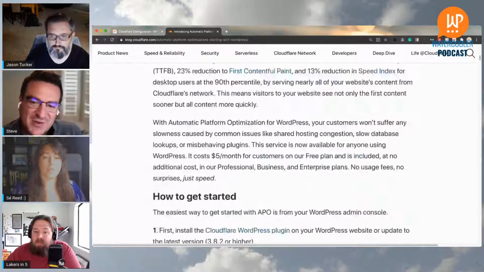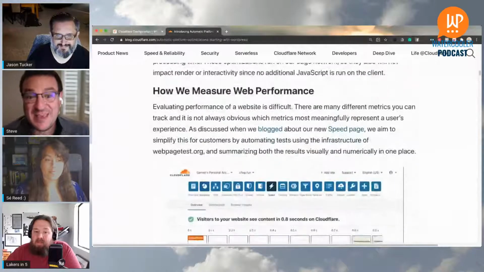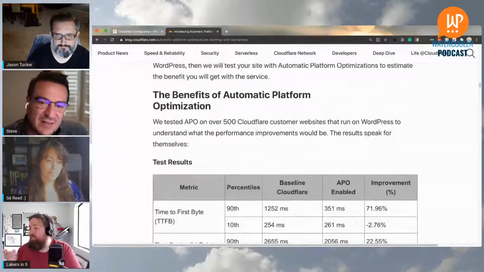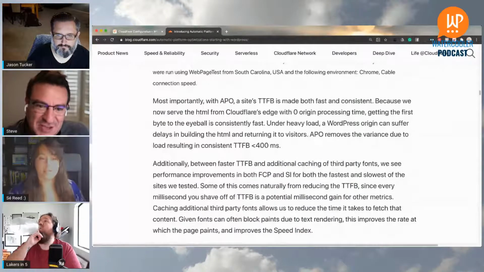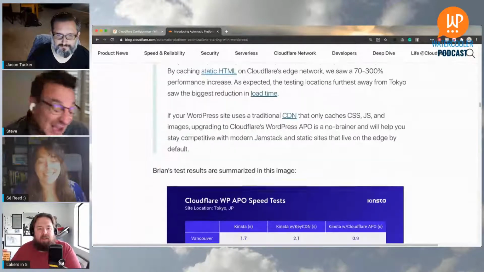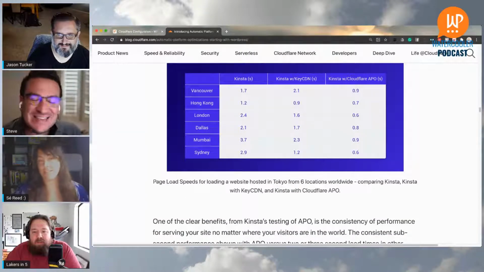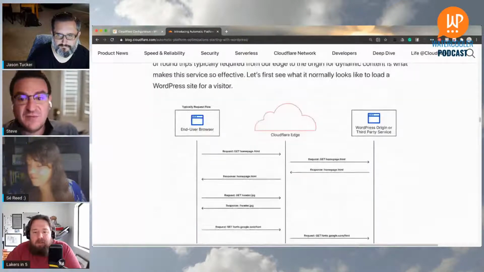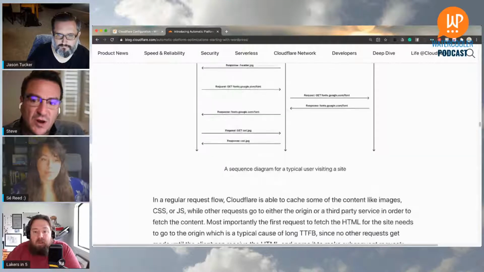You asked a lot of questions there. Double the caching does not equal double the speed. As a matter of fact, double the caching is actually bad, right? So you don't want to double up caching. You don't want to double up CDN, just like you don't want to have 2 SEO plugins. 2 SEO plugins does not equal double SEO. I know, it's crazy talk. 1 + 1 does not equal 2 in this case. No, right? These caching platforms can actually conflict with each other, so you want to be careful there.